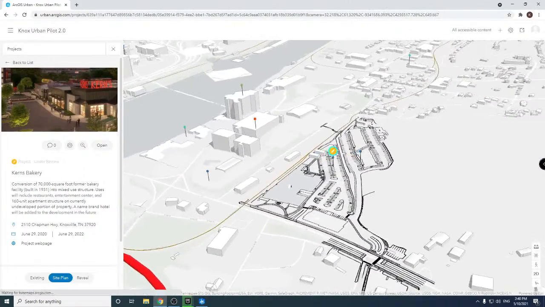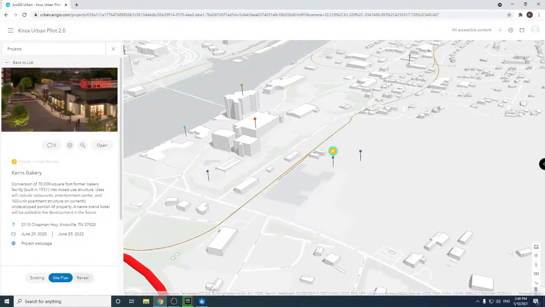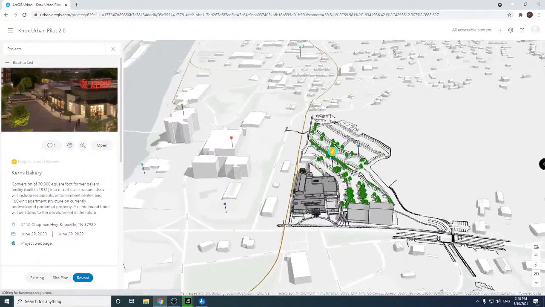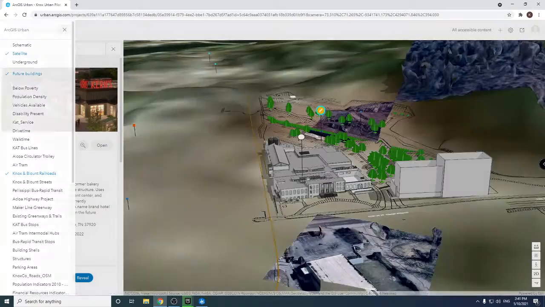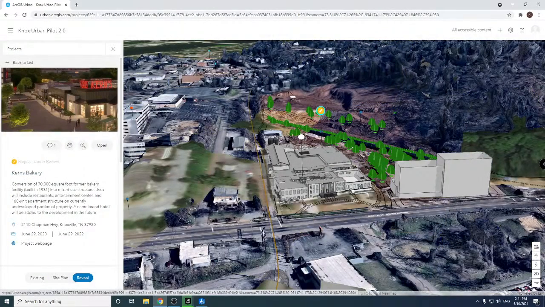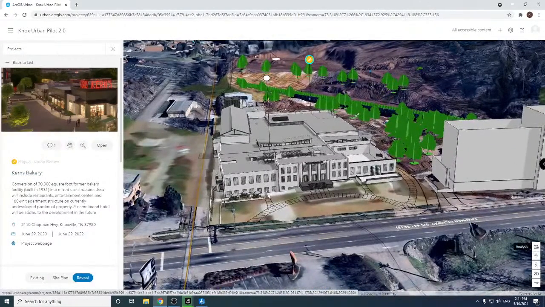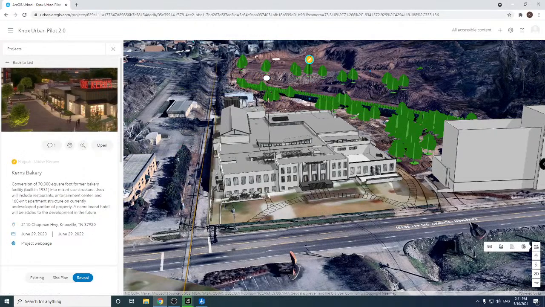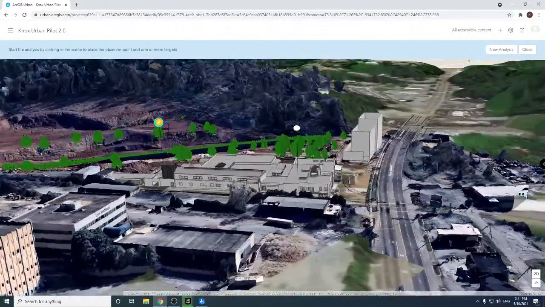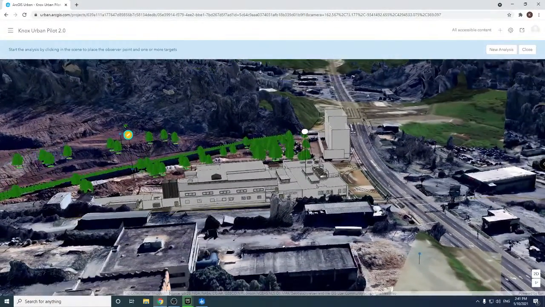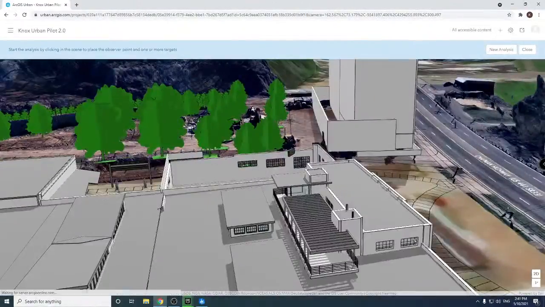And in our case, we were able to partner with the developer, partner with the architect, and actually bring in a Revit model. And we can go back to our satellite view to get a really realistic feel. And there's several tools: measure distance, measure area, line of sight, and slice. Measure distance and measure area are pretty self-explanatory, but line of sight allows you to see, let's say, from the